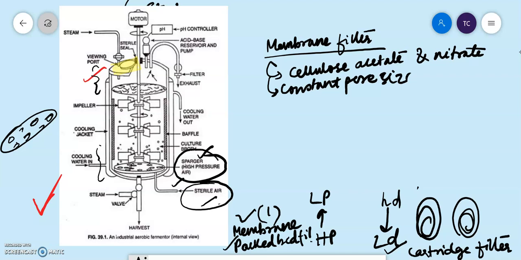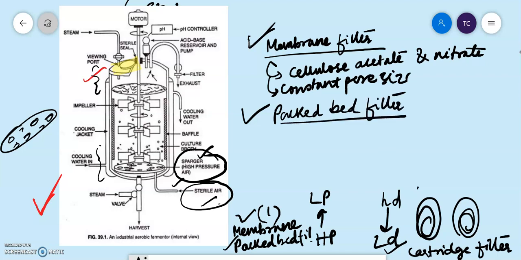But the problem is that the membrane filter is not cheap. We have to make our design cheap. We have to make our design cost effective, such that the product becomes cost effective. So this design is not at all cost effective, because the membrane filter is not at all cheap. So we can move on to another filter, your packed bed filter.